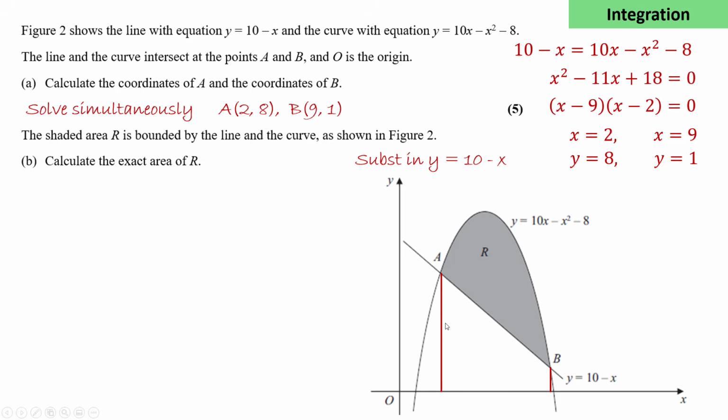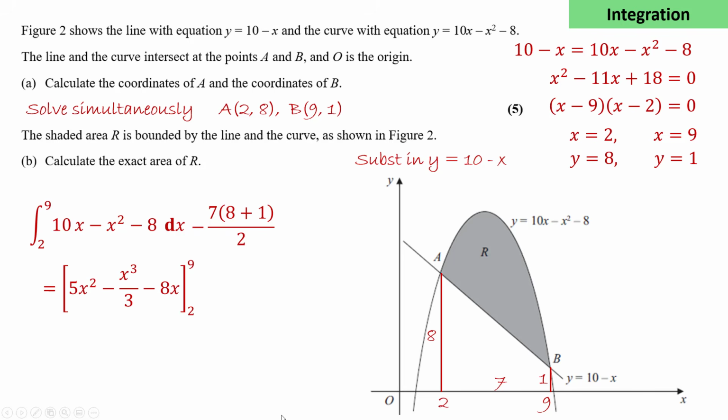So if we draw the vertical lines, the ordinates from A and B, the area under the curve between those two lines will be the integral between 9 and 2 of 10x minus x squared minus 8 dx. But we need to subtract from that integral the area of the trapezium beneath it, and the area of that trapezium will be a half the height, 7 times 8 plus 1